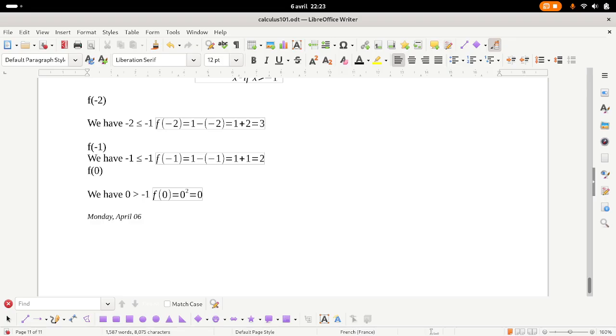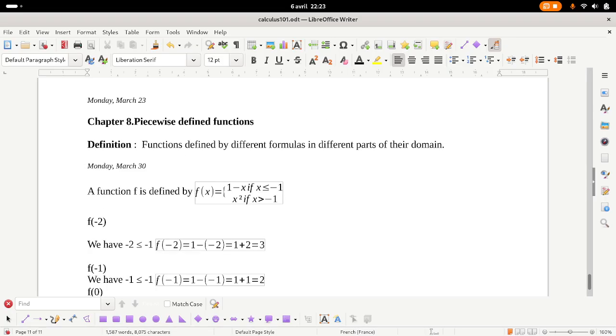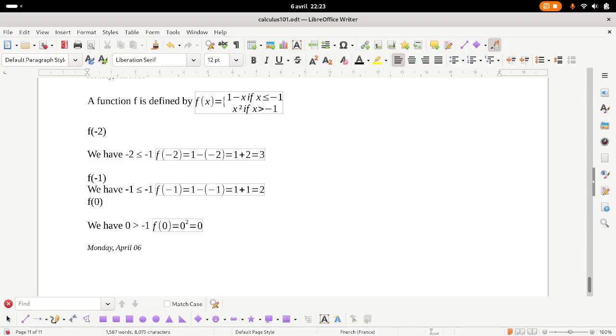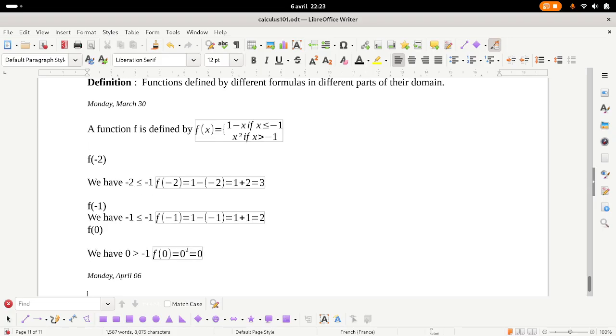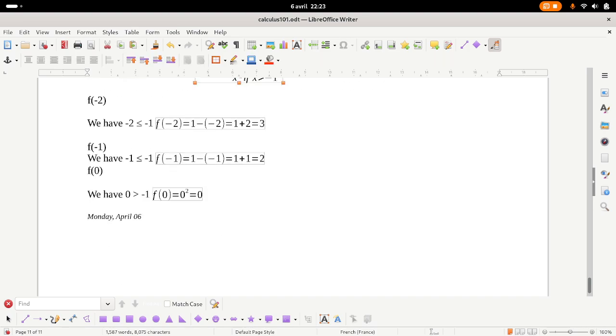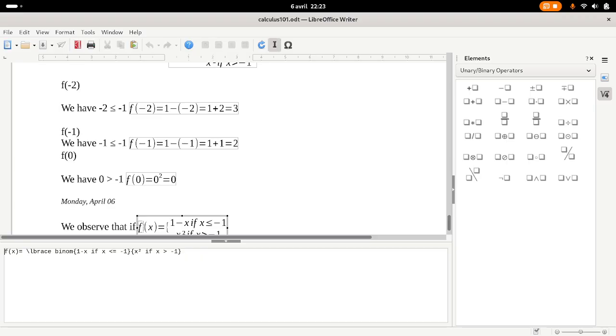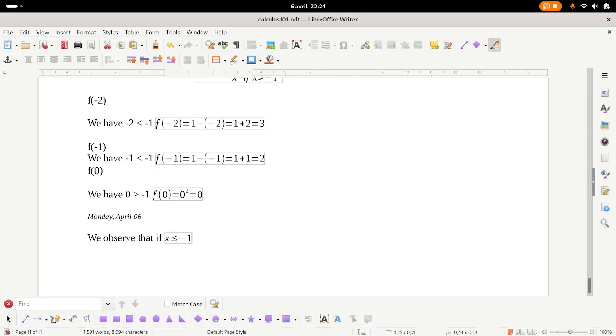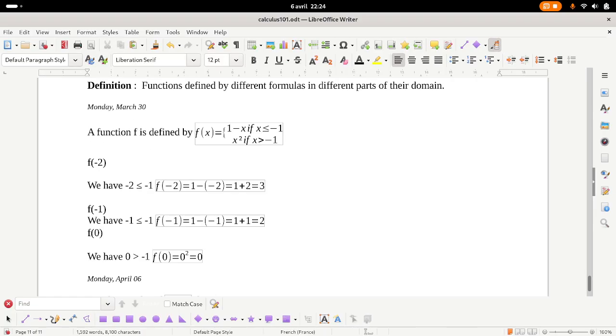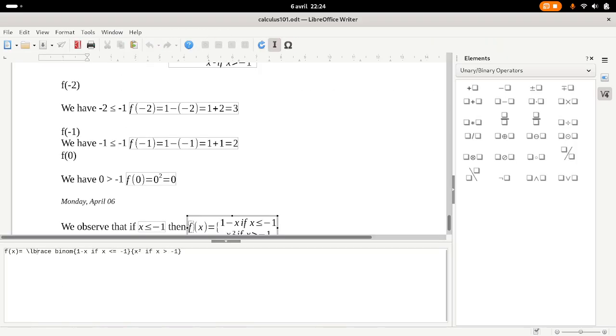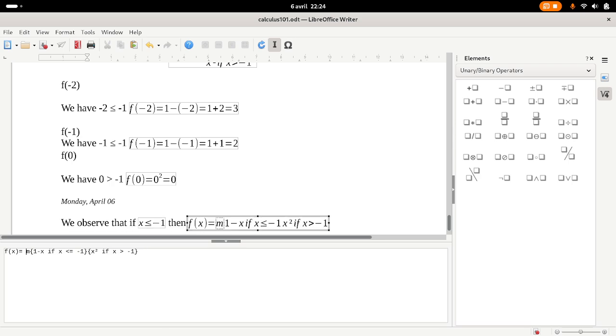What does Stewart say to us? He says that we observe that if x is less than or equal to -1, then f of x equals 1 minus x. Okay,